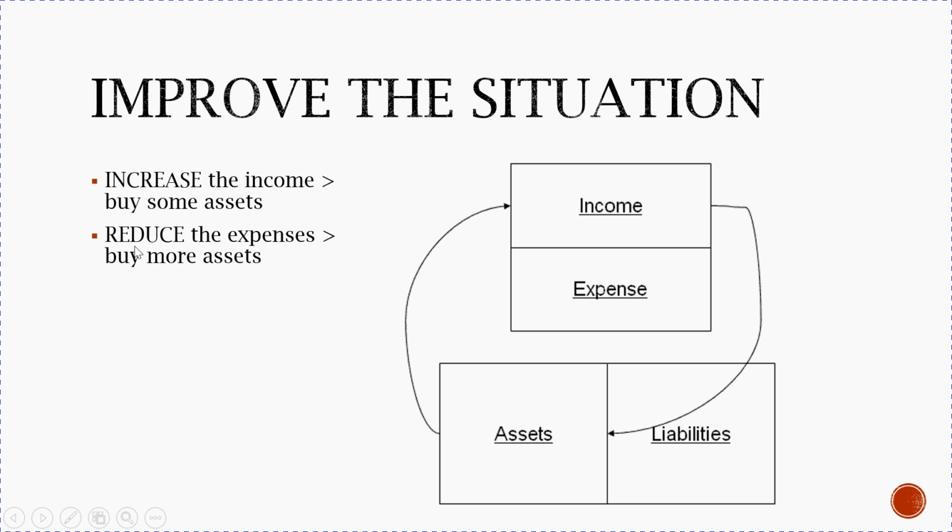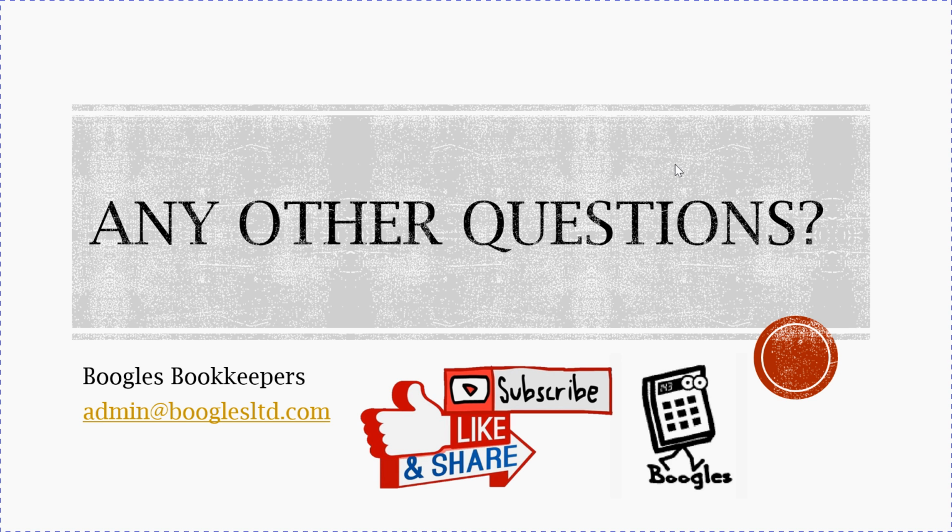That's one way. The second way is to reduce your expenses. When you reduce your liabilities, for example, get rid of your credit cards, that will then reduce your expenses, because then you're not paying the interest on the credit card, etc. And when you've saved yourself some money by reducing your expenses, what do you then do with that? Go and buy more assets, increase your income. This works whether you are an individual or whether you are a business. Always increase your assets, increase your income.